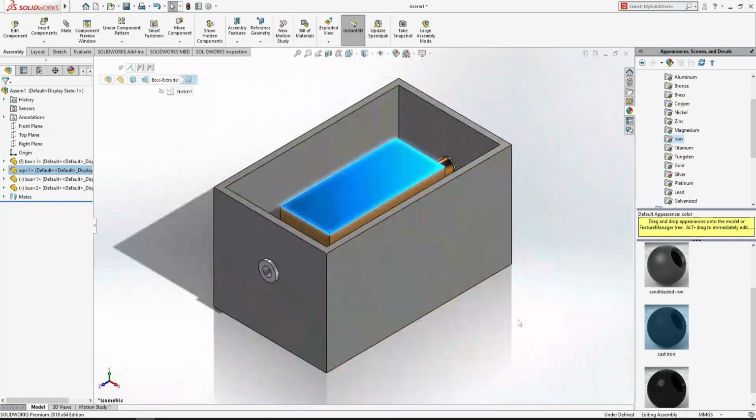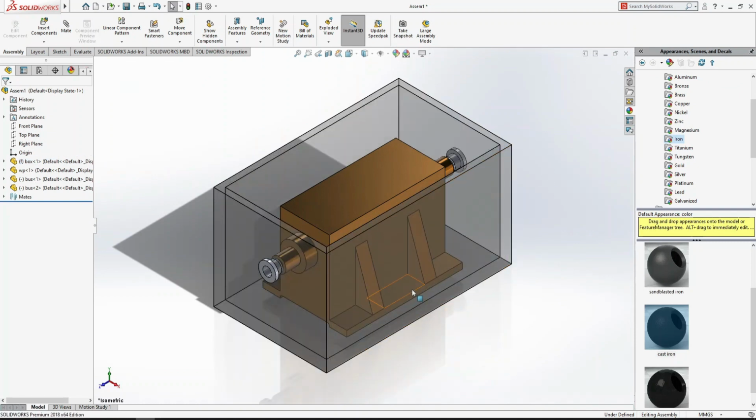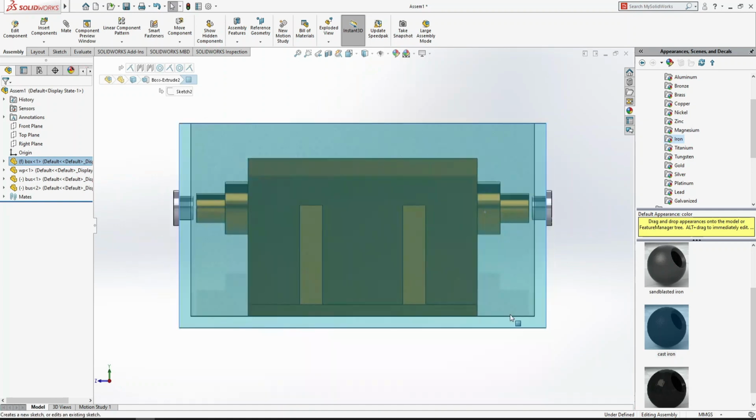Control 7. Now we need the pins. Change transparency. Our workpiece is placed on the base of the box, but it can move right, left, back side, and front side. So we need pins to fix it. So for the pin, first of all, select this face and control 8,